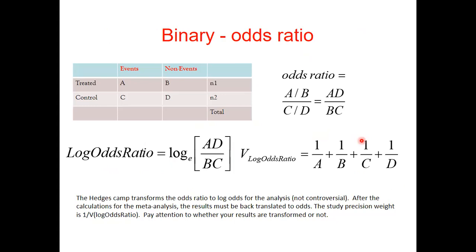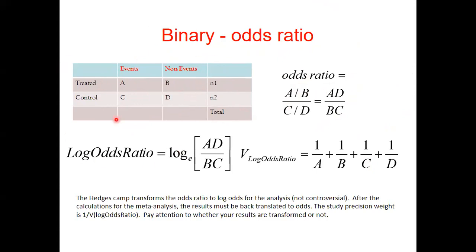I did not talk about this: if you're using binary regression data, obviously you have to deal with odds ratios and risk ratios, okay? The way you look at these is, for example, you have 2 groups, the treated and the control group. This is mostly applicable in controlled or experimental research designs. So looking at events A and B and C and D